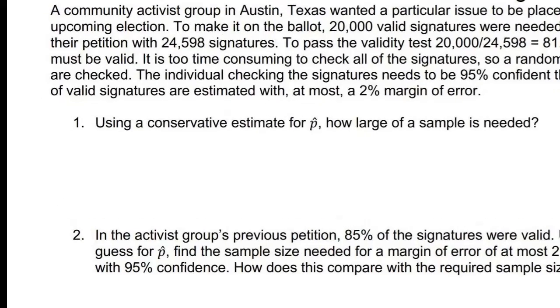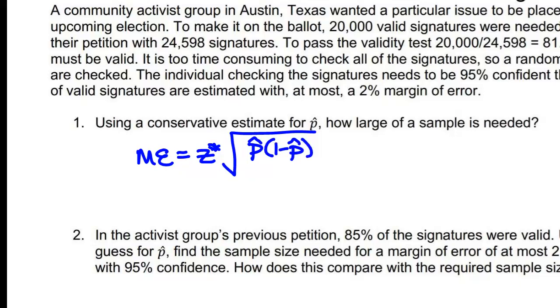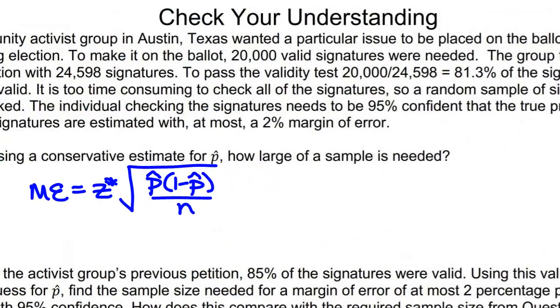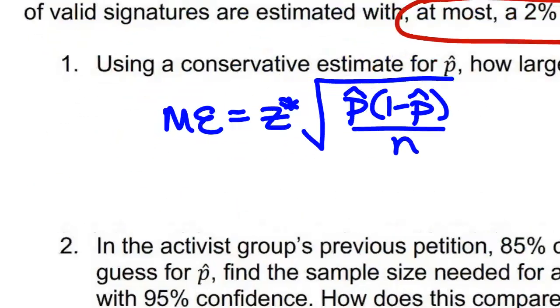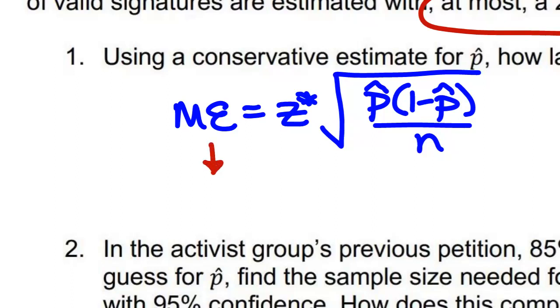All right, so our margin of error is equal to Z star times the square root of p hat times 1 minus p hat over n. Margin of error, we want to be at most what? 2%. So how would I write that in decimal form? Yeah, 0.02